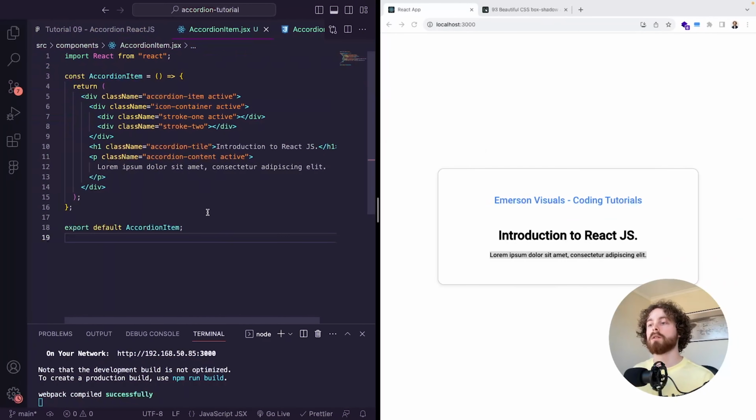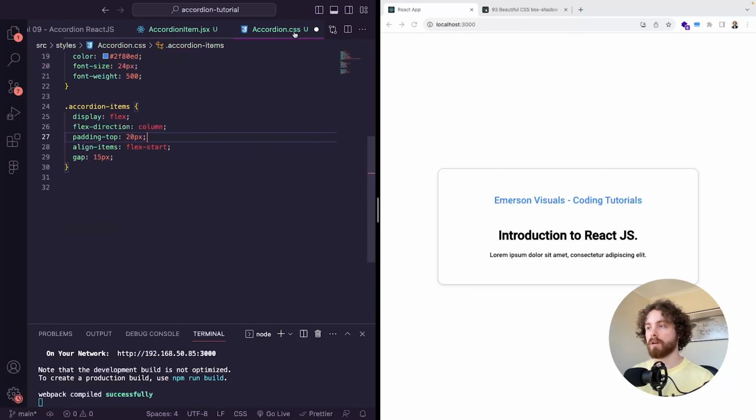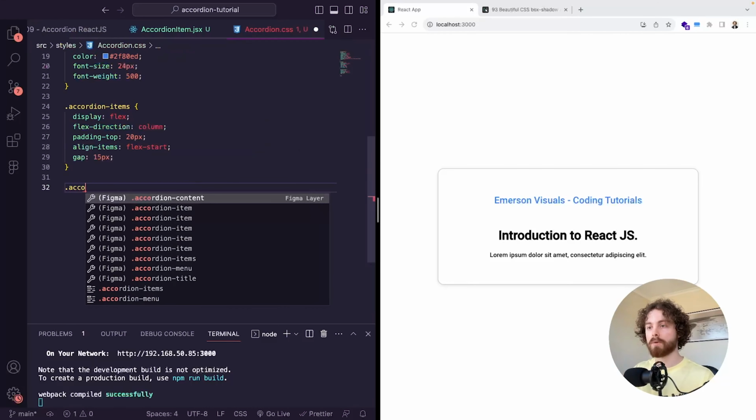Cool. So once we've done that, the next thing we want to do is to start working with the styling, which will be really exciting. So let's do that right now. Go back into the original accordion.css file. So where we left off, which was the accordion item section. So the next thing we want to do is to target this frame here, which we're going to do right now. So if we go back into our accordion.css file, the first thing we want to do is to target